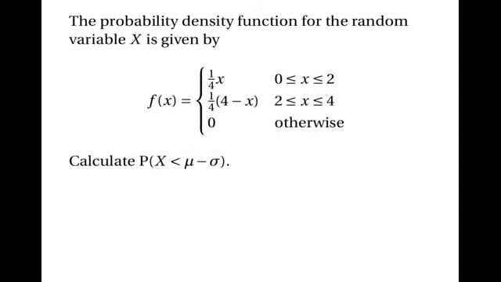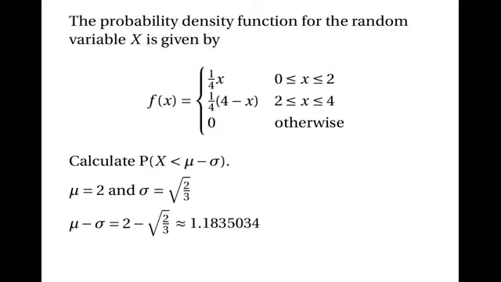Okay, let's look at one more example. This is about the same random variable as before, with the same probability density function, but this time I'm asking you to calculate the probability that x is less than the mean take away the standard deviation. Well, remember that the mean was 2 and the standard deviation was the square root of 2 thirds, so the mean take away the standard deviation will be 2 take away the square root of 2 thirds, which is about